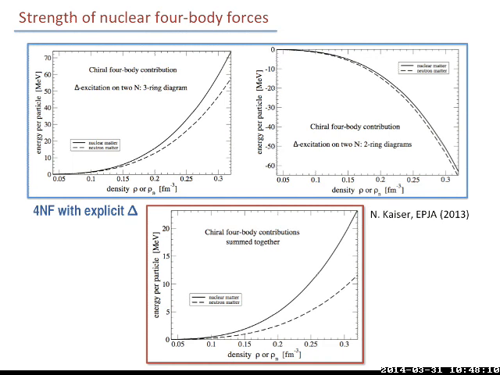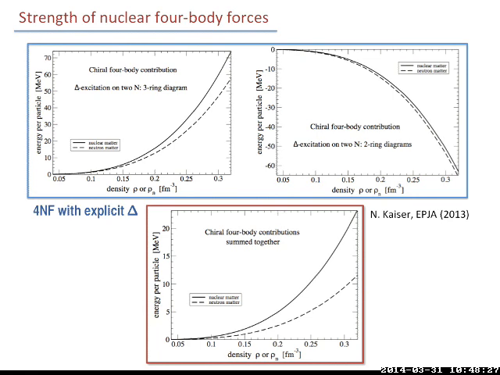So what you see is that when you do all the contractions and calculate the Hartree-Fock contributions, you have various topologies. In particular, the three-ring diagrams give a repulsion, say at nuclear matter saturation density, of about 5 to 10 MeV per particle,